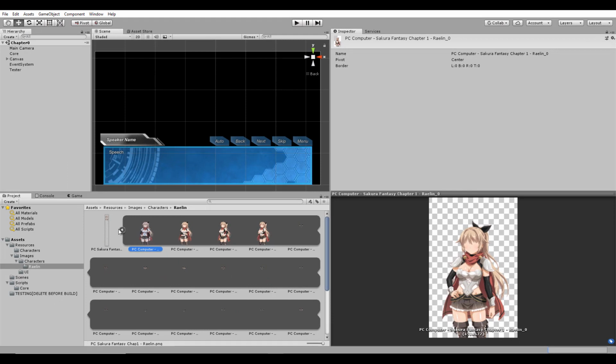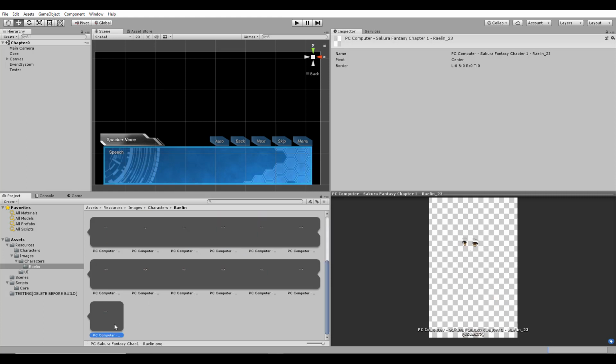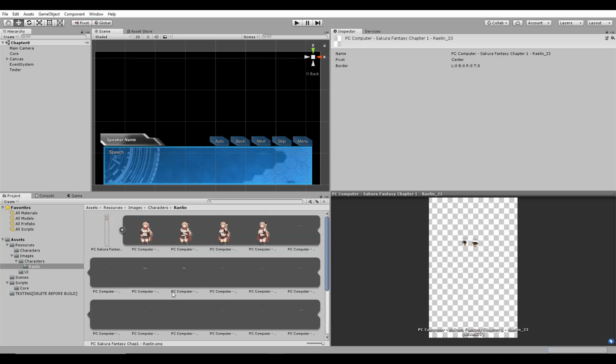So if we convert this texture into a sprite array and get index 0, then we'll be returned this body. If we look for index 3, then we would go over here to get Raylene at an angled pose with her fingers crossed. Looks like she's twiddling her fingers a little bit. That will be index 3, which is actually the 4th image in the texture. All the way down here is 23, meaning we have 24 total sprites that we can take from this single